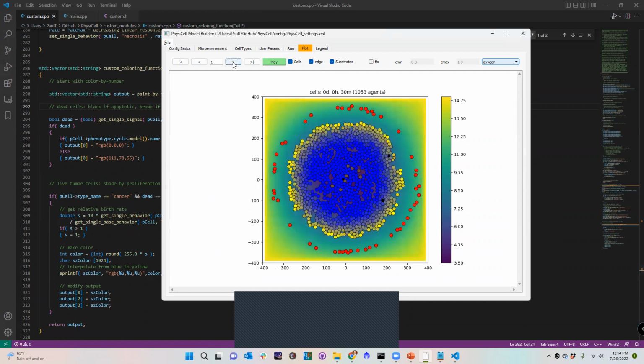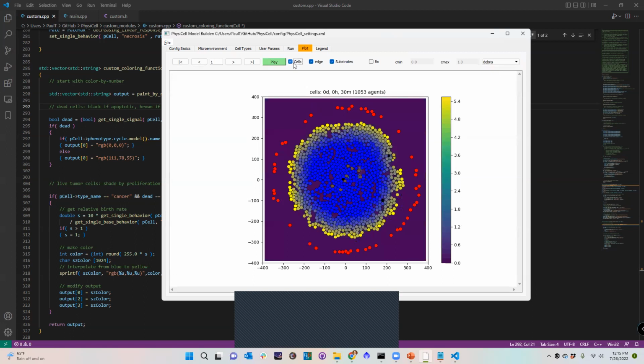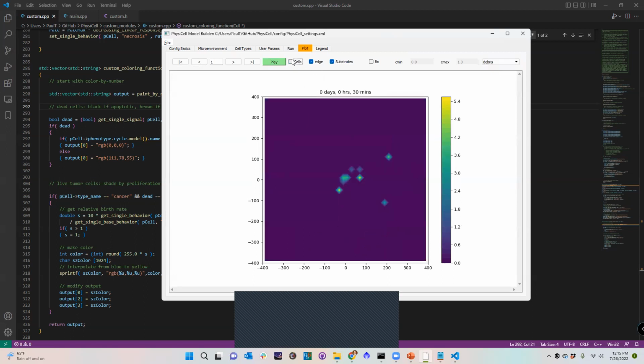But now you go forward one frame, and here you can really see that environment dependent phenotype. Towards the outer edge of the tumor, where they have the most oxygen, they have the greatest proliferation rate. As you dip deeper and deeper into the center of the tumor, the oxygen is dipping lower. Notice it's below my necrotic threshold of 5. And so you can already see a few of these brown necrotic cells and then some sporadic apoptosis. So if I click on debris, we should definitely be seeing that these dead cells are releasing debris into the